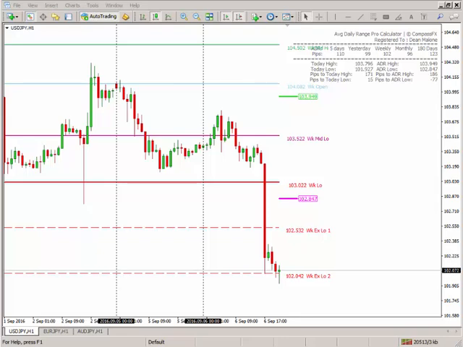Now, we can see that from the start of the day here, we've seen the Average Daily Range Pro Calculator move up and then move down, and obviously it went down to the daily low target, and currently the market is pressed down to the weekly extension low number 2, and that's where it sits right now. We've had a very strong move down today due to a poor U.S. data report. But if we were to step out before today got started and took a look at the marketplace,